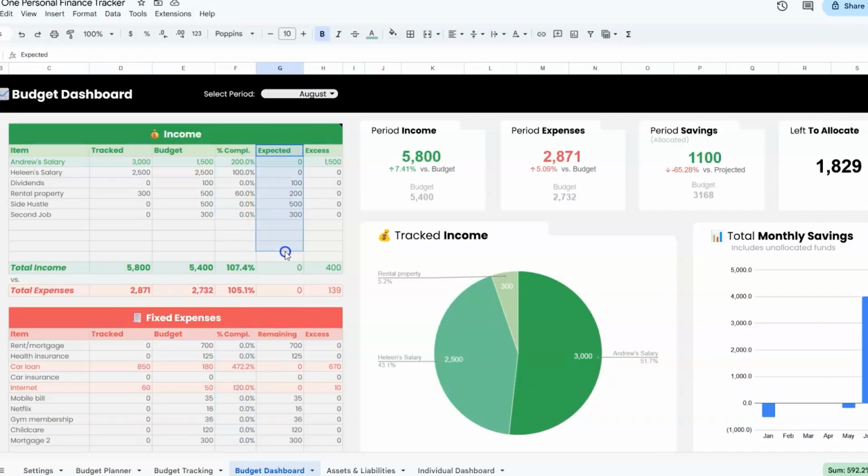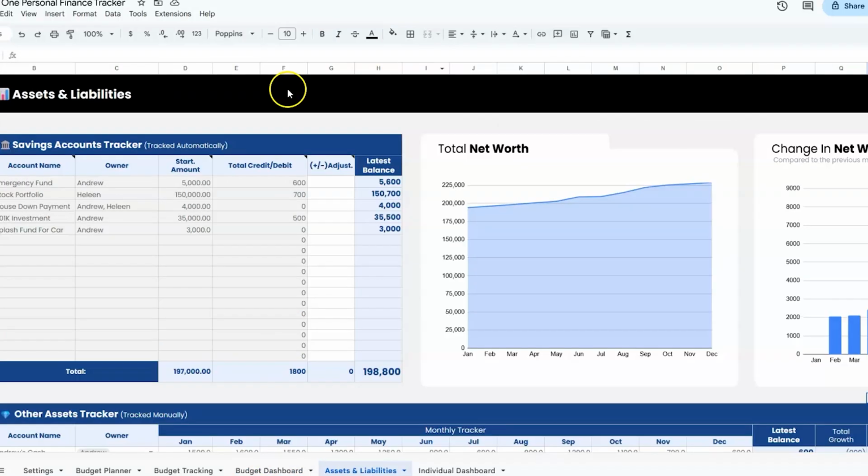The last two columns are remaining, or expected in case of income, and excess. The first one shows how much of the budget you've still got left, and excess shows how much you're over budget. Simple. Okay, now that you know how to use the budget dashboard, you can move on to assets and